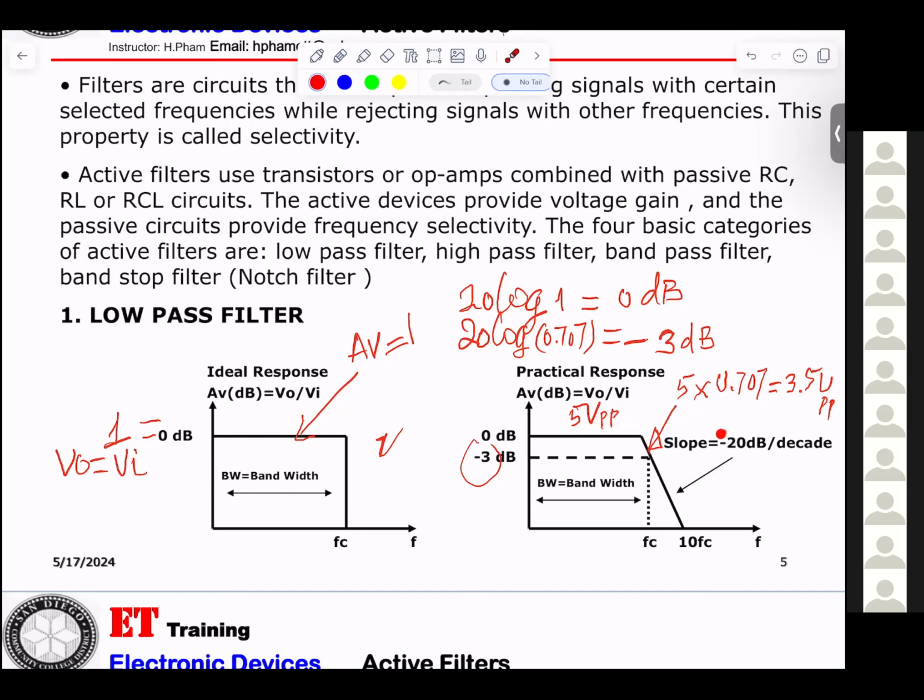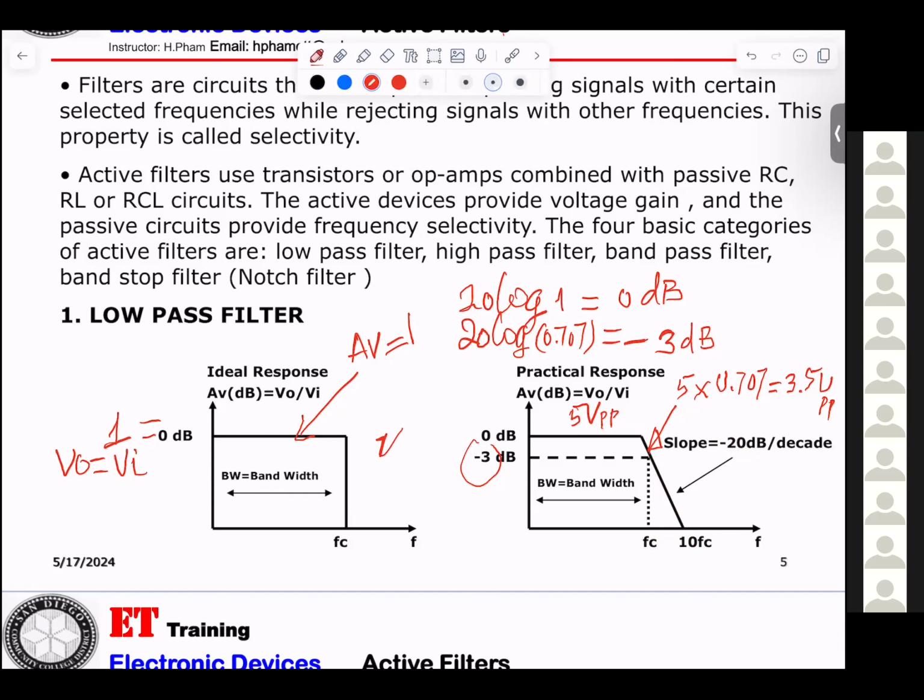Yeah, but if the slope is going down, it's coming down at an angle, right? It would be coming down at a measured volume. They go down at minus 20 dB per decade. That means when you increase to 10 times the cutoff,